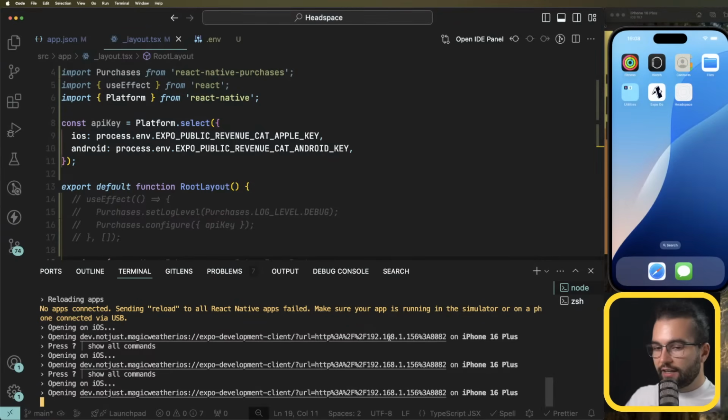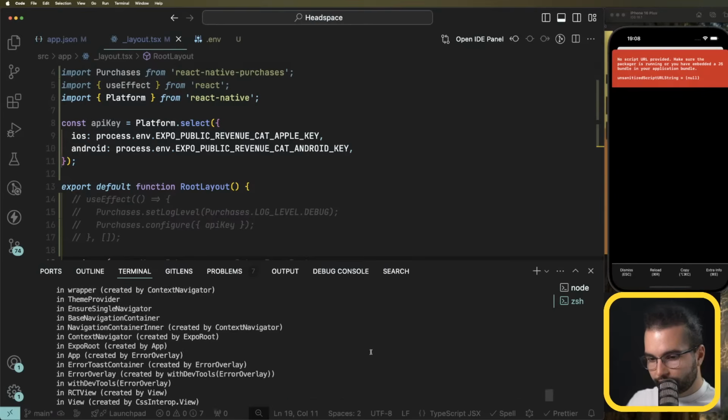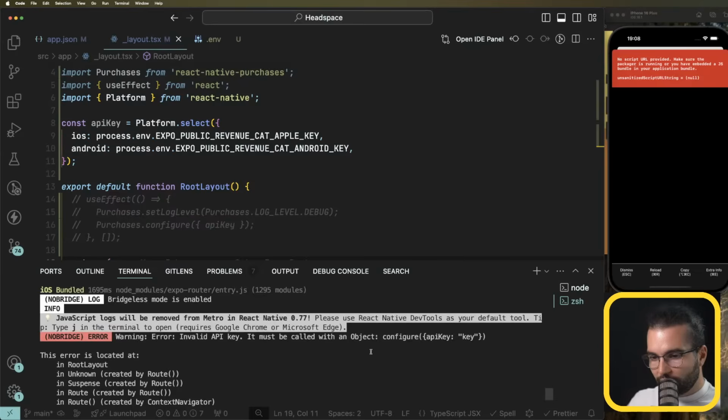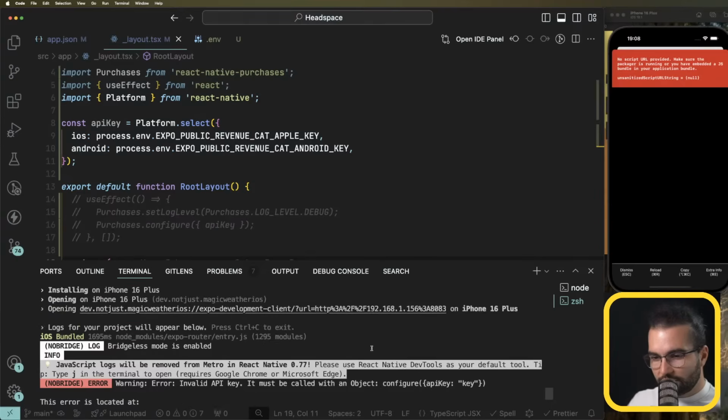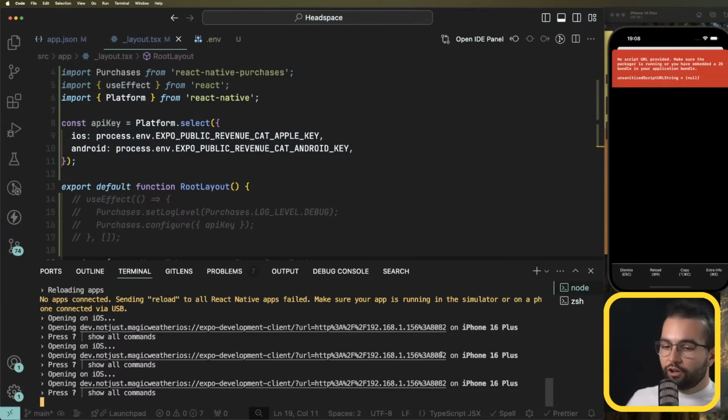Let me press I here. Opening. No script URL provided. No script URL provided. I think it was running on a different port. And that's the problem. You know what? Anyway,